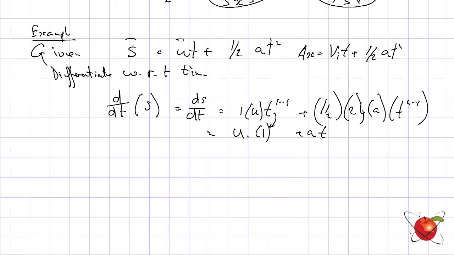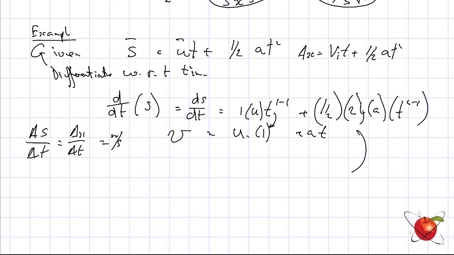But what is ds by dt? It is delta s over delta t, which is the same as delta x over delta t, which is equal to velocity, meters per second. This is obviously just for the physics guys, but you can see if I differentiate the displacement function, I get the velocity function. Now if I do it again, I say dv by dt is going to be equal to,